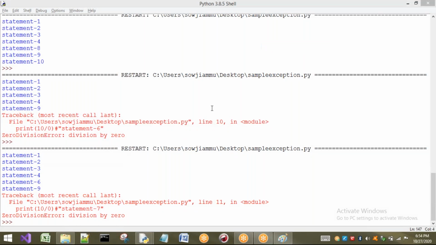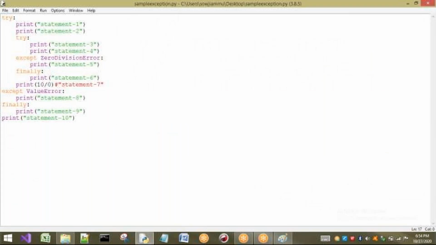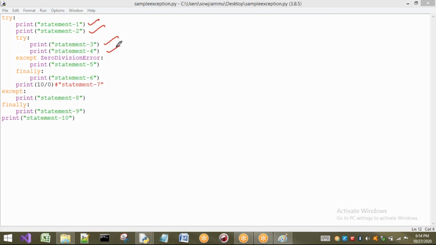Now I will make what? Next case, I will make it a default. So now what happens? There is some except block to handle this exception. So statement 1 will be printed, statement 2, statement 3, statement 4. Now it will come to statement 6. Here there is an exception, it will come out of this one, and this except block is there to handle.